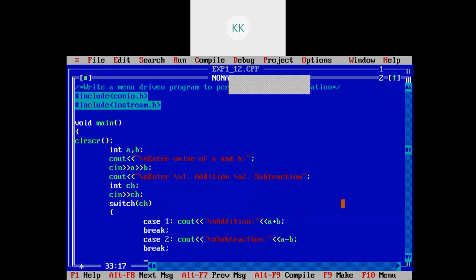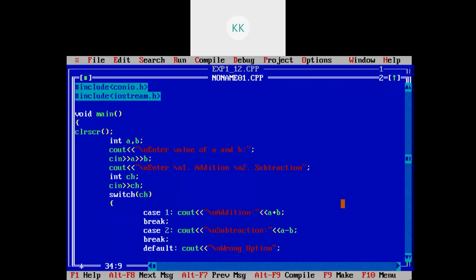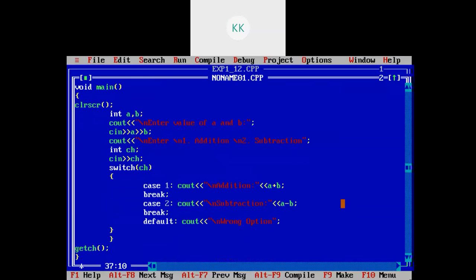And lastly I will write a default statement, default cout \n wrong option. Now you can end the switch.